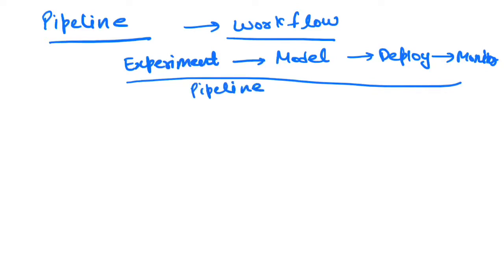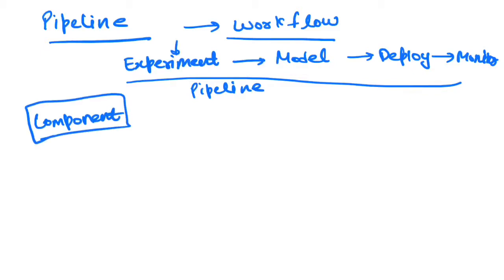So Kubeflow offers you a functionality where you can create your pipeline, and each of the pipeline can consist of different steps. So this is my pipeline. Now the next terminology within pipeline is the component. So component, you can think of it as each stage within your pipeline, it's a component. So experimentation is a component, developing a serialized model is a component, then deploying that model to certain infrastructure is a component. Now you can run the model locally also, and you can run that model on any cloud infrastructure also, because as I said, Kubeflow can run on any environment where your Kubernetes is running.